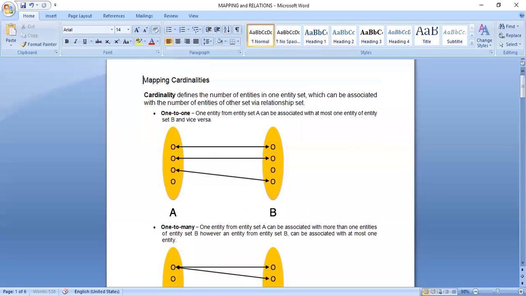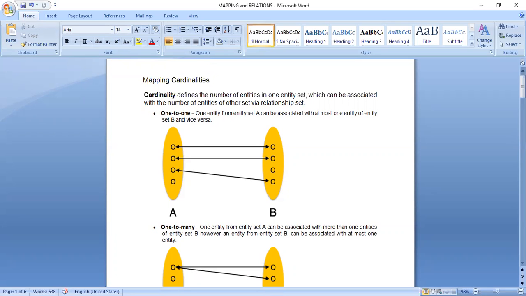Hello everyone. Let's discuss a very important topic in DBMS: mapping cardinalities and relationship sets. Now we'll be discussing how relationships are maintained between the entities within a database system,